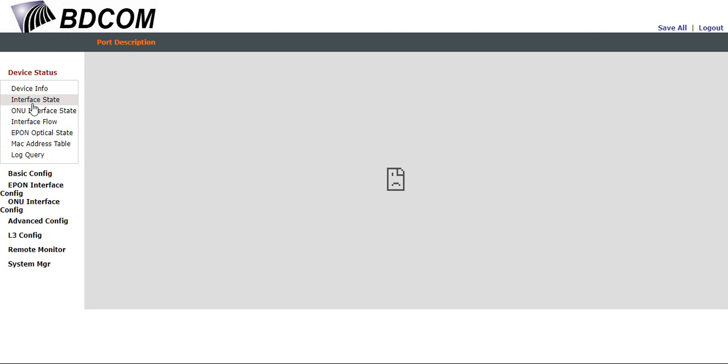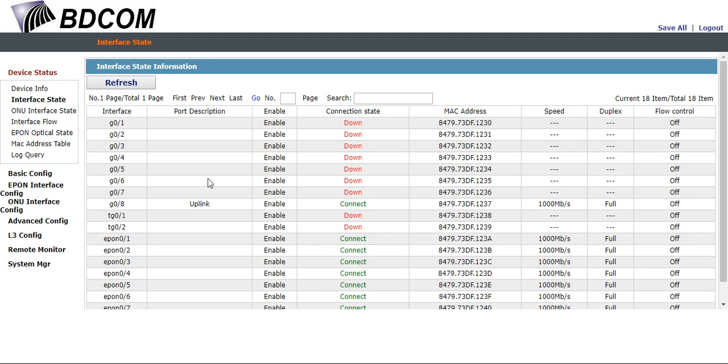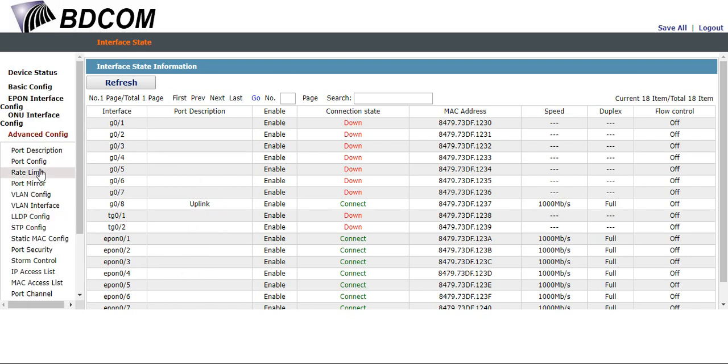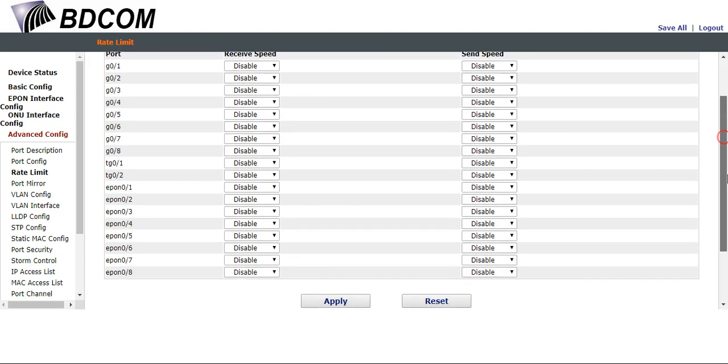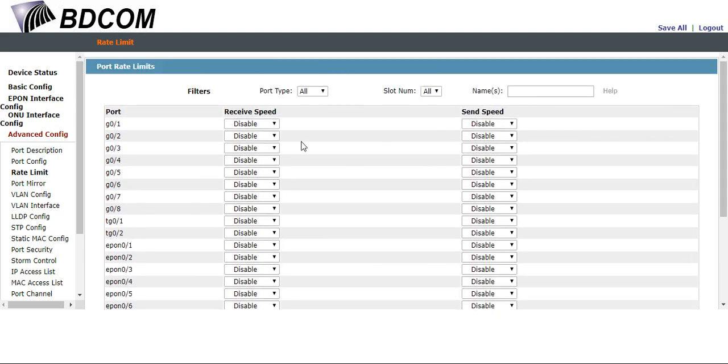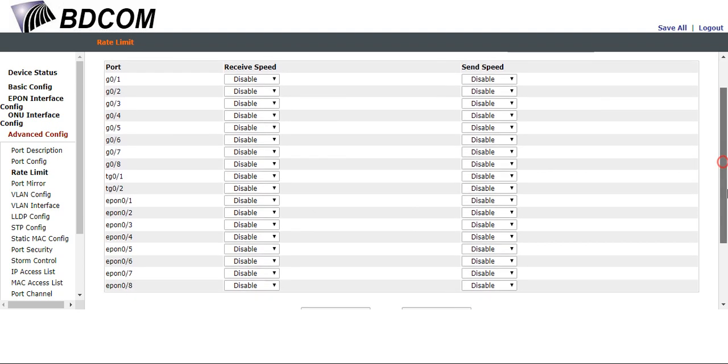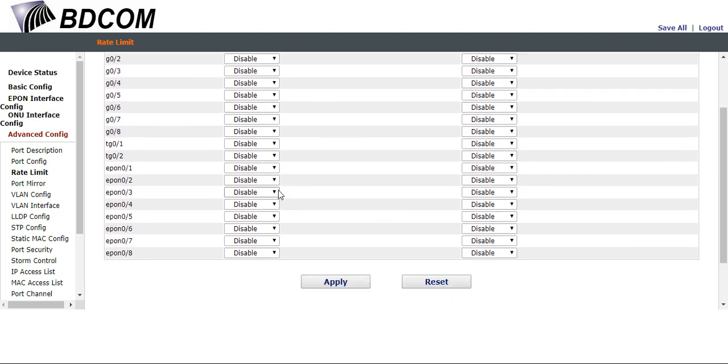I can go here, interface state, see uplink. You can just write the description. Advanced configuration. Rate limit. That is very important also. You can do the rate limit. Mainly for